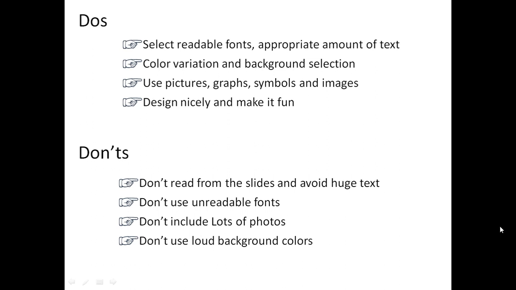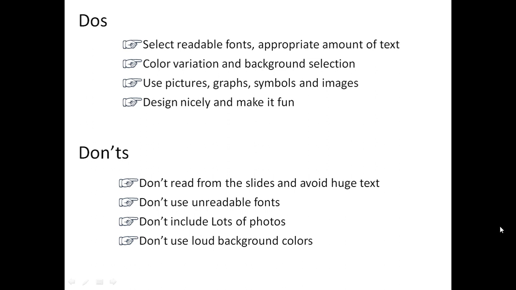Selecting proper fonts that are easy to read, and having an appropriate amount of text on the slide is one of the first points to consider while making a good presentation. So select readable fonts and have an appropriate amount of text on the slide. Rather, a very small amount of text on the slide makes very good sense. Your text should be easy to read and pleasant to look at. Large and simple fonts and mild theme colors are always best. Of course, the best fonts and colors can vary depending on the presentation settings and the occasions.